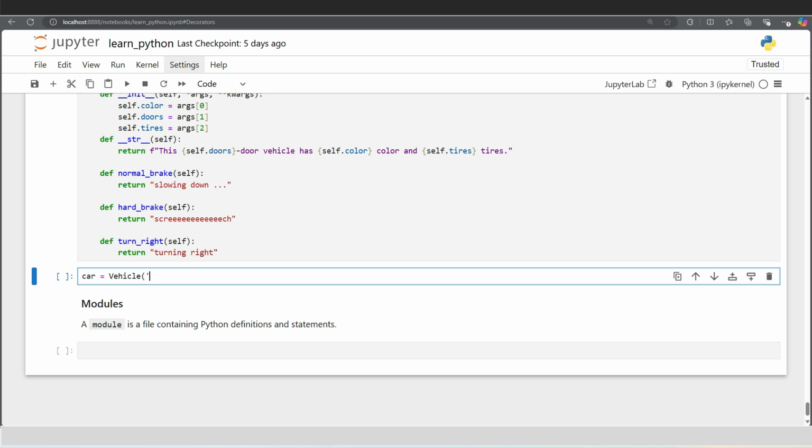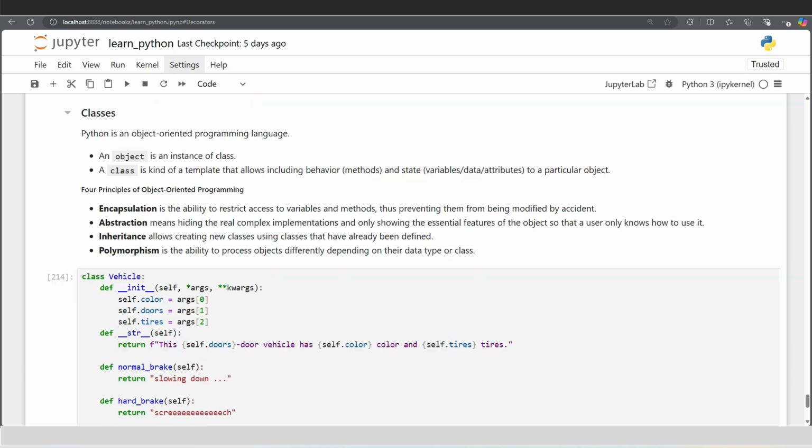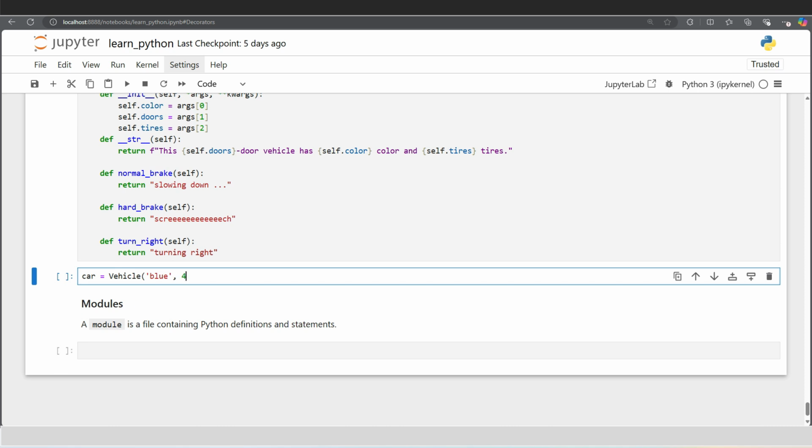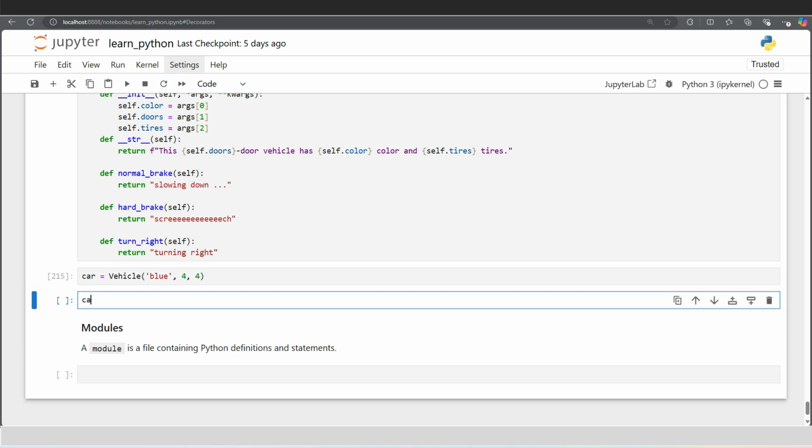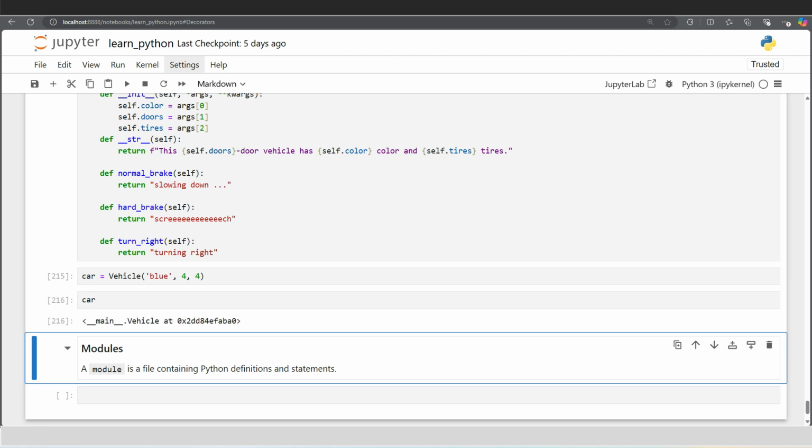So we say the color is blue, and the doors, it's a 4-door vehicle, and the tires, it also has 4 tires, and we can check. So it's a main dot Vehicle class,